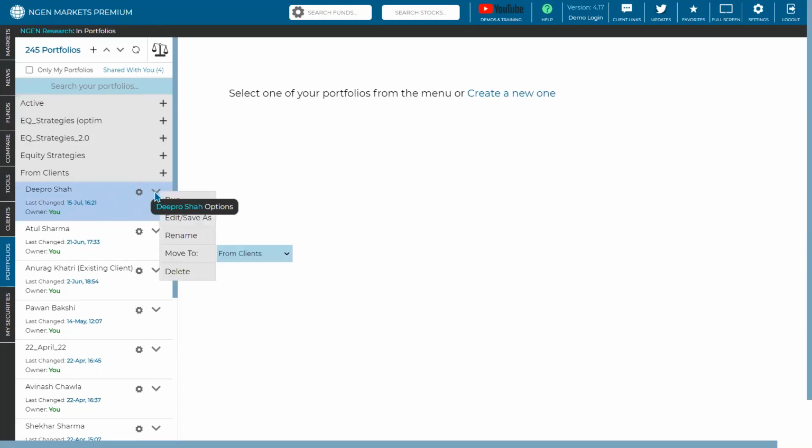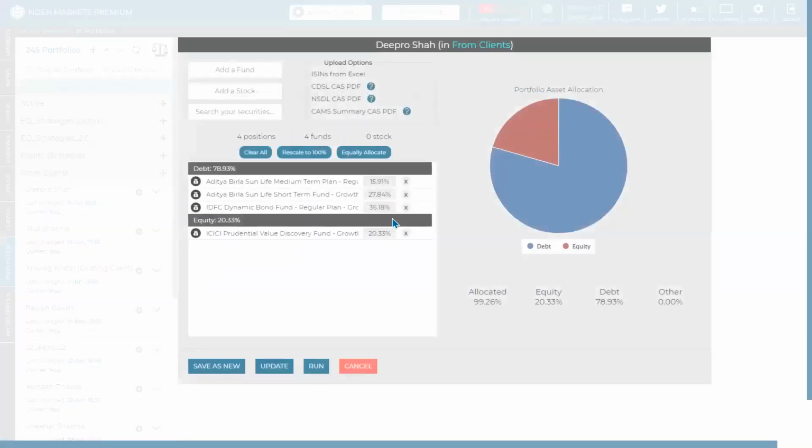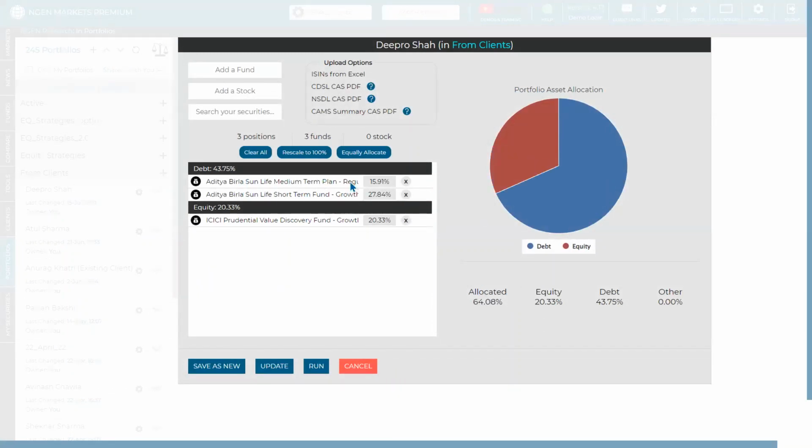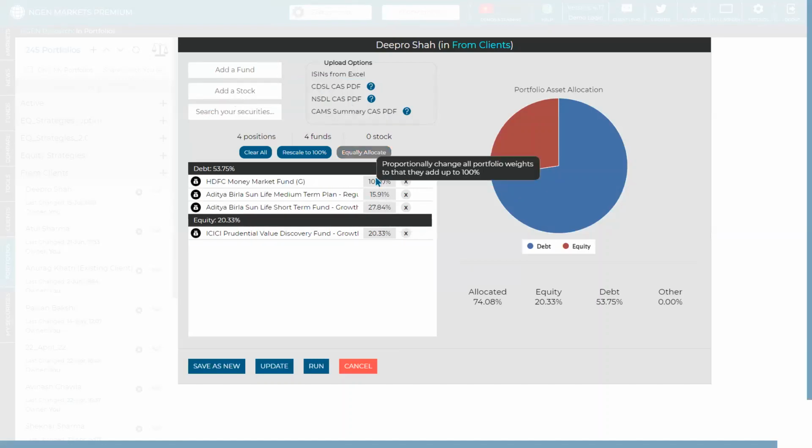Then you can edit this, remove one of the funds which you think is not necessary for the client, and add another fund altogether. Let's say we add an HDFC money market fund. That's how you can make some permutations and combinations, and you can run this or save as new.